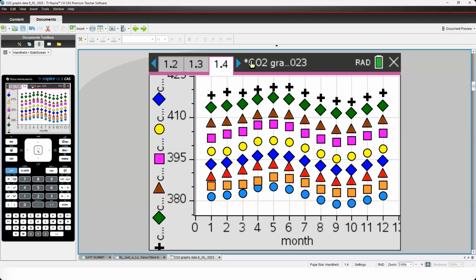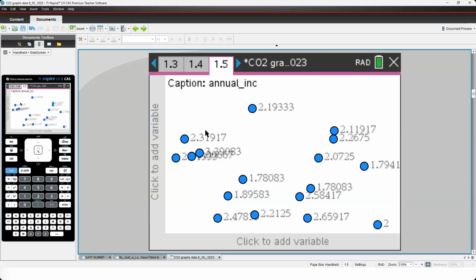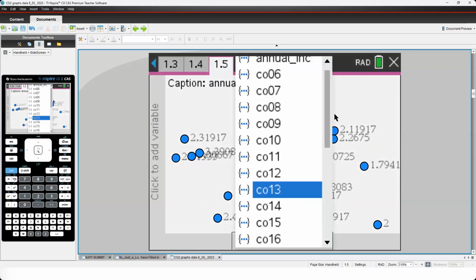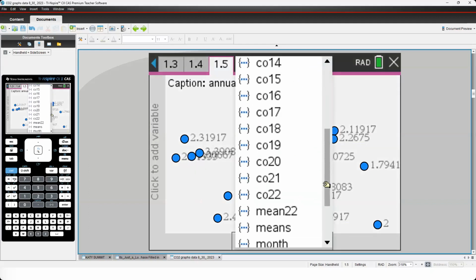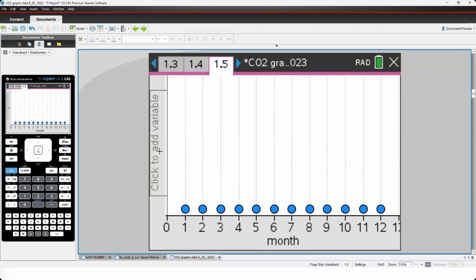So Rachel, let's open up a new data and stats page. And let's do month again. Sorry, it's all the way down there.